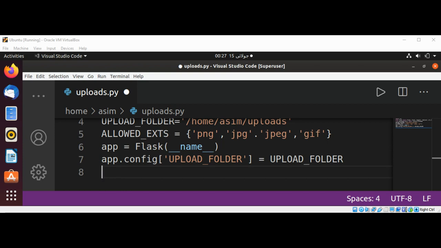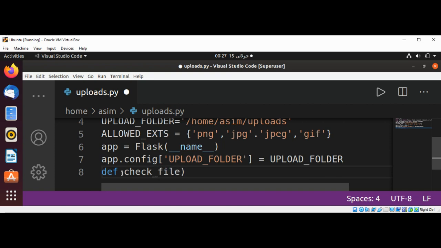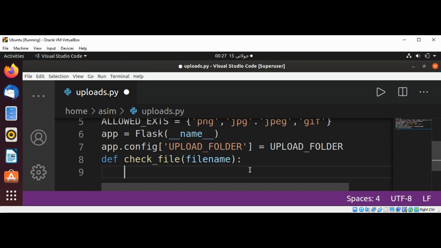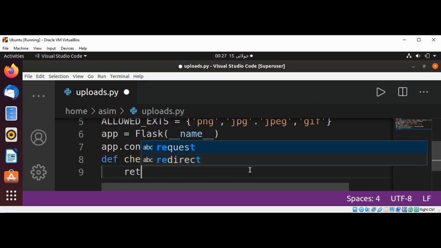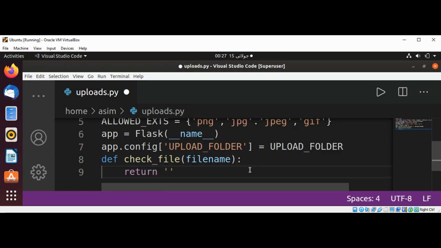Now I'm going to define a function which will check if these files are allowed to upload. So it's going to be def check file name. We are going to check the extension of the file to see if it is allowed to upload. Return in file name